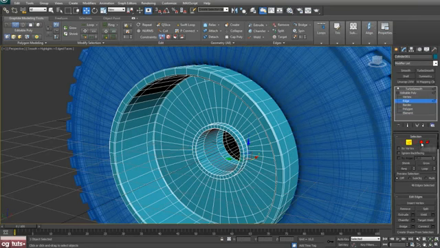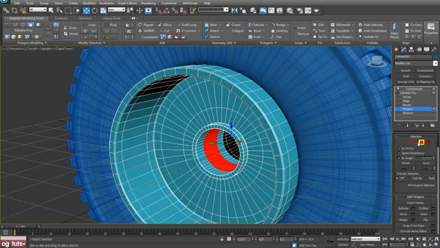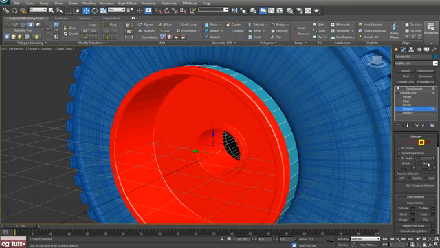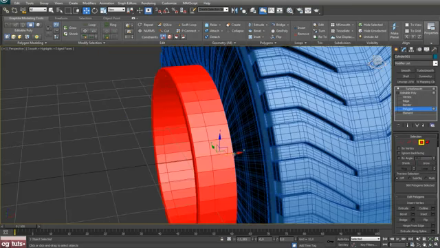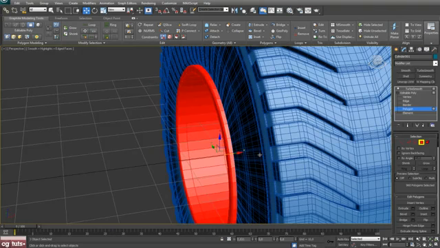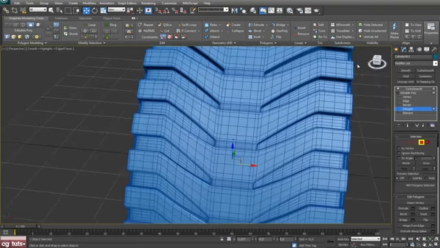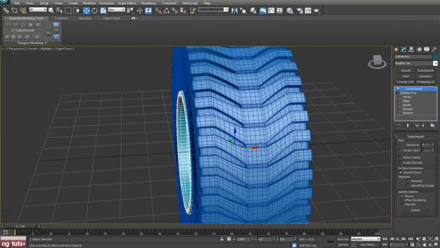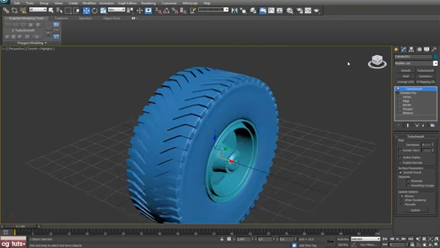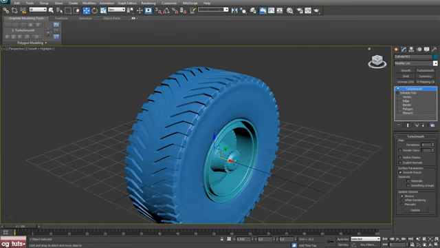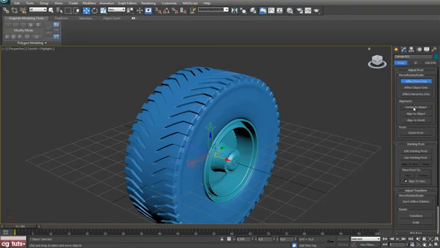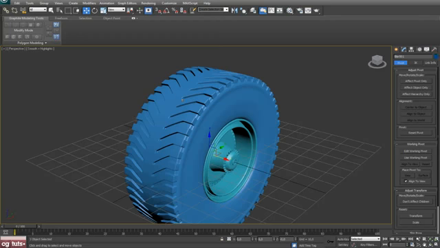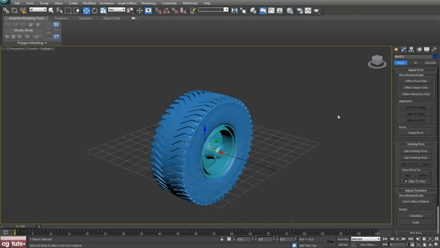this edge, hit ring and control on, and click on polygon, grow selection, and move that in. Okay, that will be okay. And go to hierarchy panel, effect pivot point center to object, and place that in center. Okay,